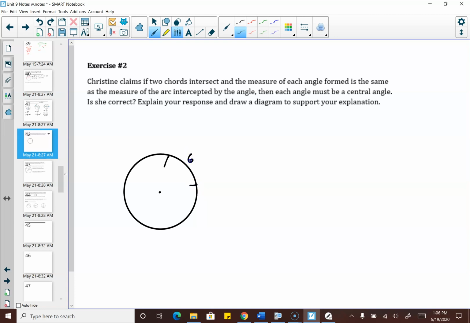So basically if you have a 60-degree arc, and then where your chords intersect is also 60 degrees, then Christine's saying that it has to be a central angle, which is true. Think about it. Right here, these are vertical, which would then make this have to be 60 because the arc it opens up to and the arc behind it, when you add them up, you got to average to get the angle. So the answer is yes, she is correct,